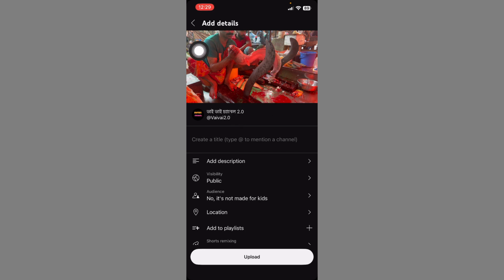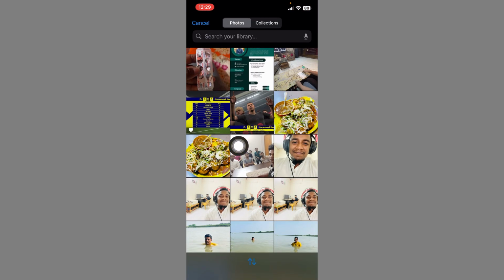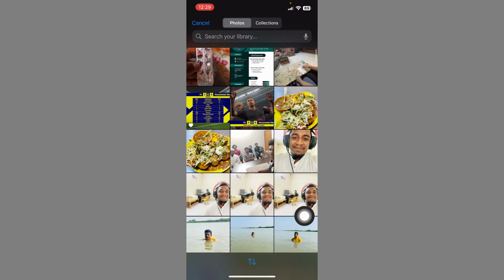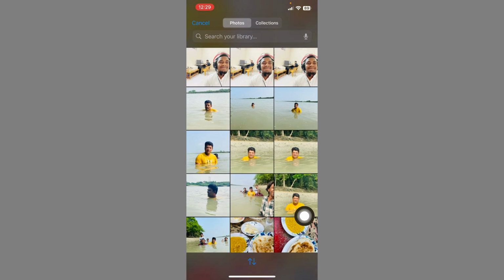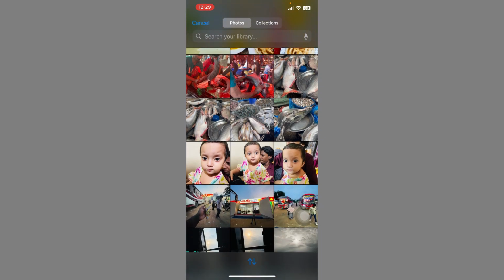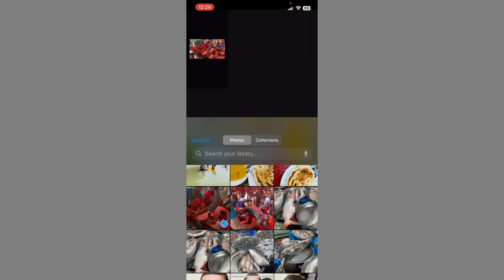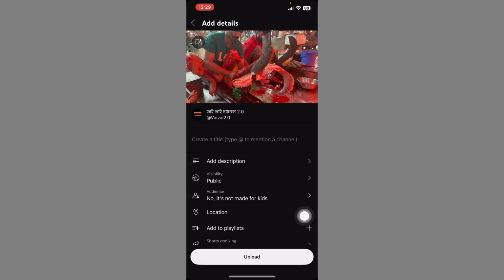then you click on your gallery option and plus gallery option. Just click and choose your thumbnail. Okay, then choose and select your thumbnails